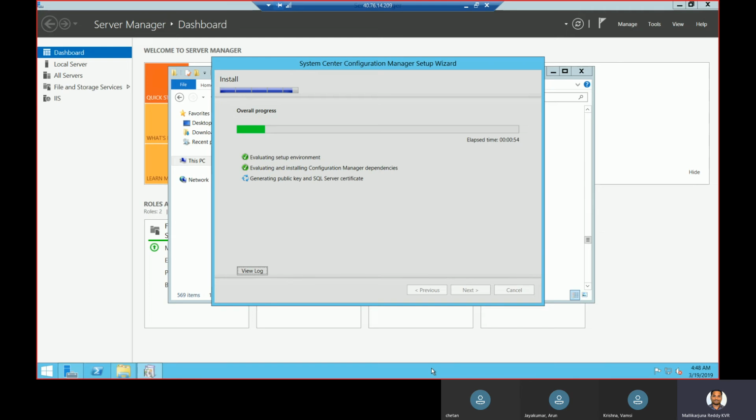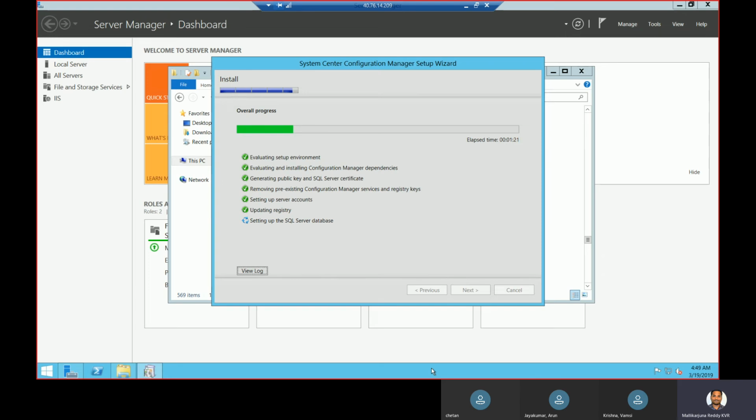So the ports are locally connected, so we don't need to open any ports in this scenario, because on the local host every port can communicate with every port only within that particular server. But if the SQL is installed on a secondary server, a different server, and you are integrating SQL and SCCM together,